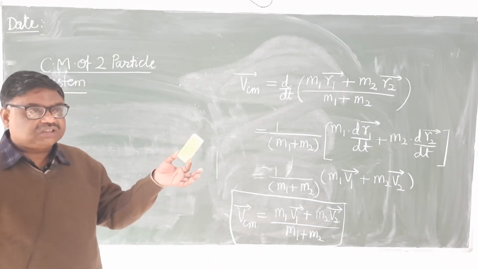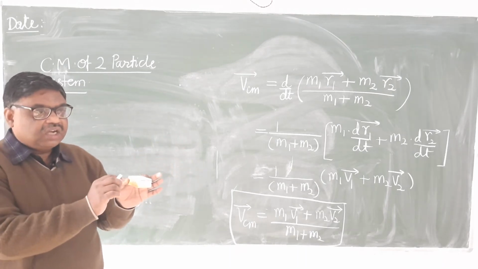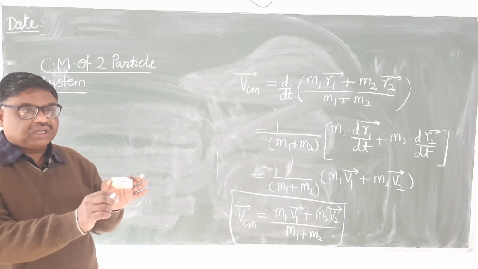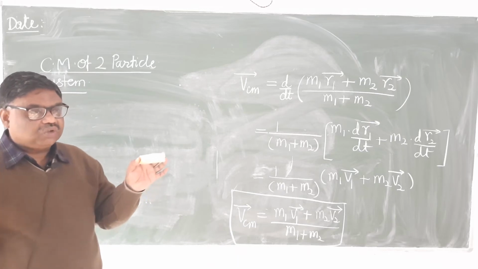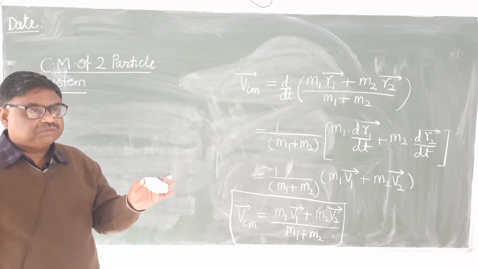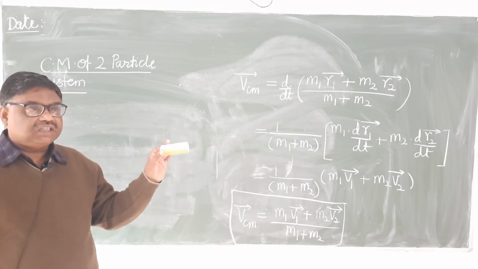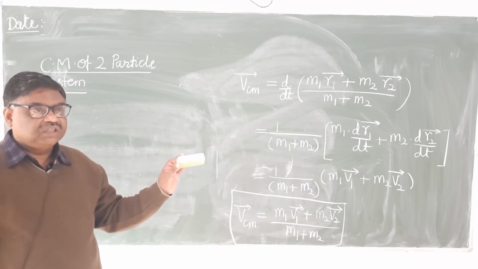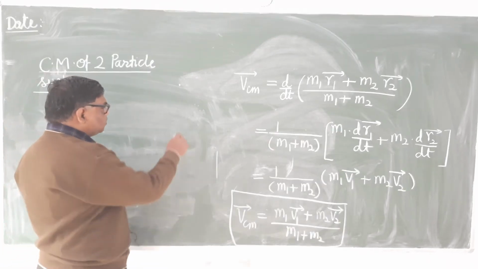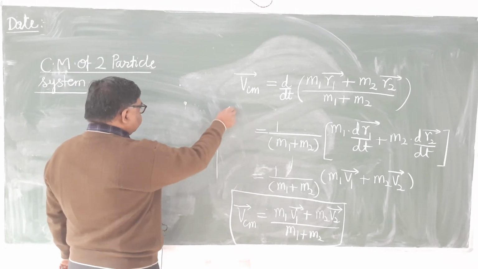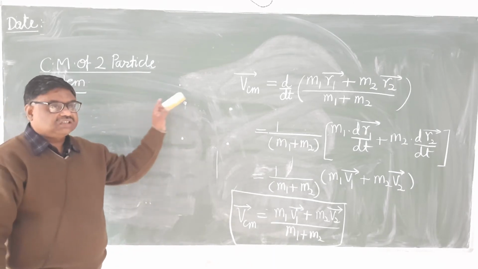For example, in this duster, there is no discrete distribution of mass because here atoms are very close to each other. Is it clear? So their positions are not discrete. Though there is a very small interatomic space, if we ignore that space, then there is a continuous distribution of mass. A discrete distribution of mass is, for example, one particle kept here, another here, a third here, and a fourth here. So this is a discrete distribution.